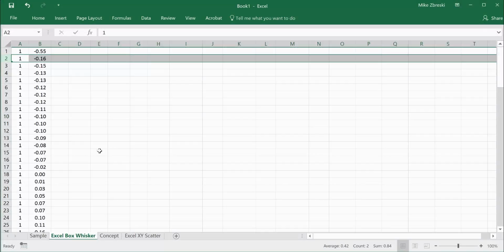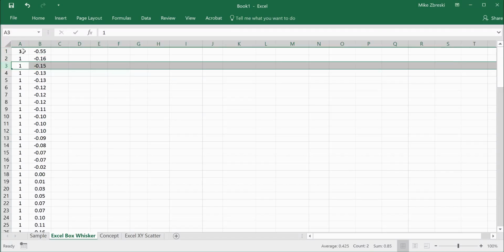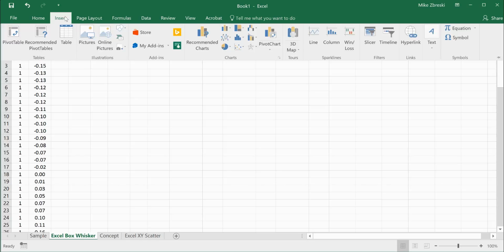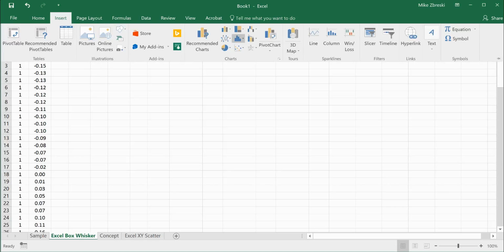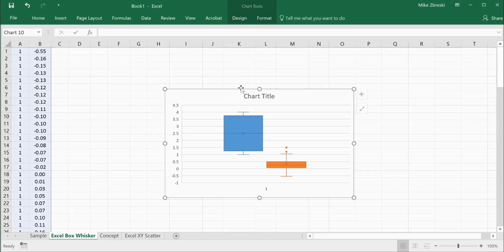So looking at this data, each row would be considered an individual patient. Here's the group number that they're in, and here's their value, their data point for a variable XYZ, whatever the variable is. So if we go up to insert, we're going to choose the insert statistic chart. And down here you can see that Excel 16 added the option for a box and whisker chart. So what this does is this